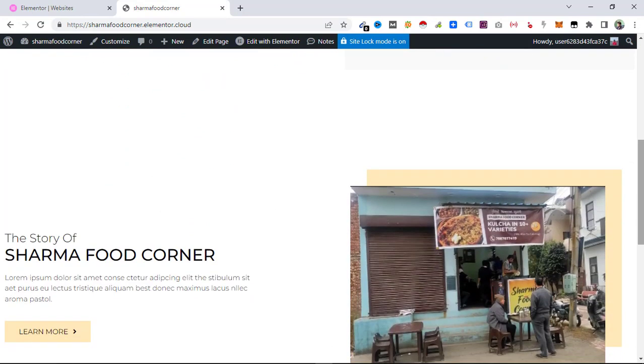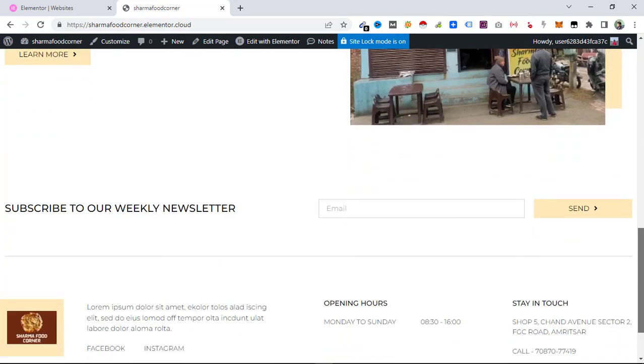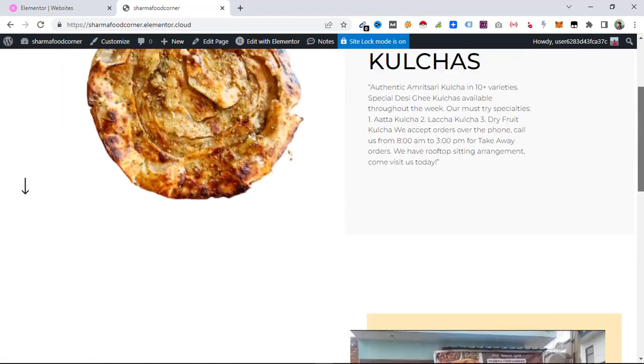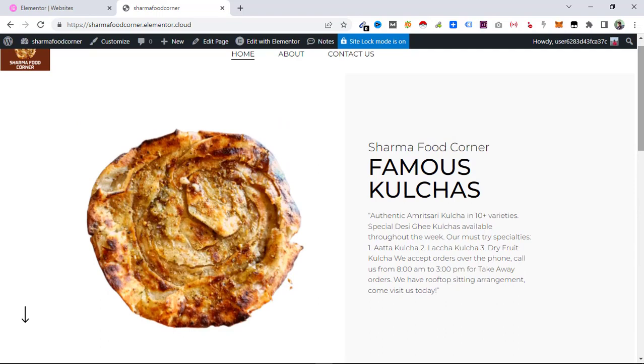Mainly we are able to edit the pre-built templates. If you are in a hurry, you can always go ahead with pre-built templates or simply start from scratch. There is an option of that as well, and in upcoming videos I'll show you that. I have just used this pre-built to show you how it works. I am going to work on Sharma Food Corner and I will have a standalone website, and it will be done using Elementor from scratch, so you can take a look at that as well. But right now you got the idea how to get your WordPress website ready with the Elementor Pro using Elementor